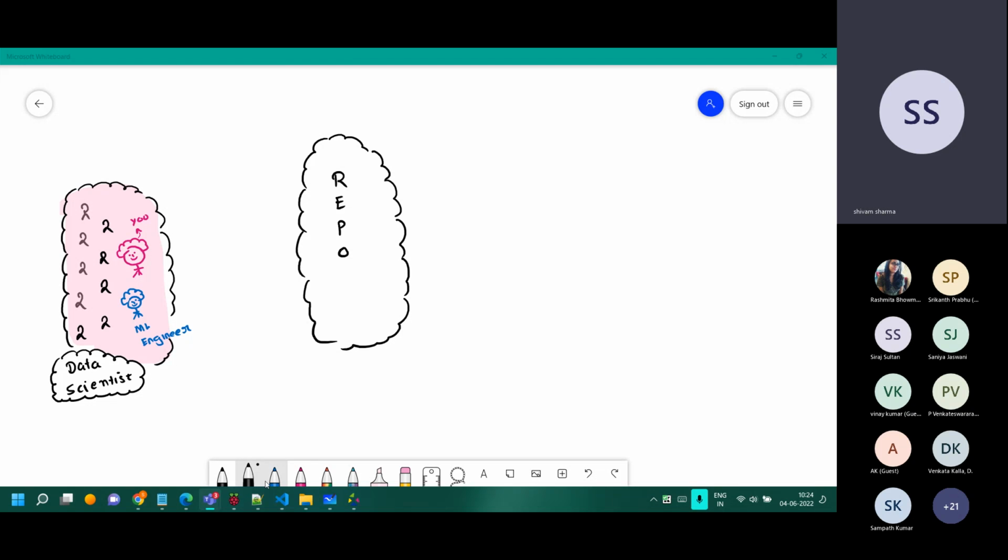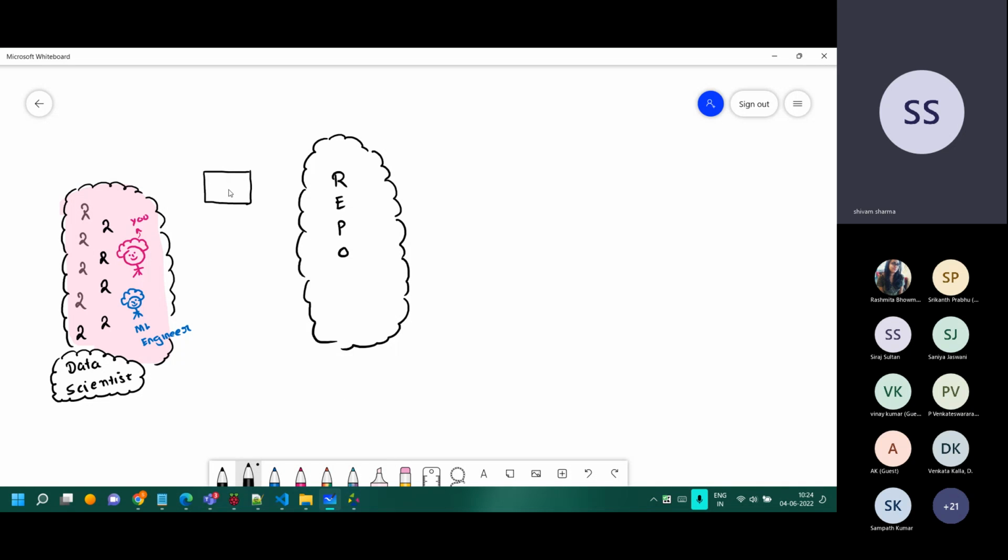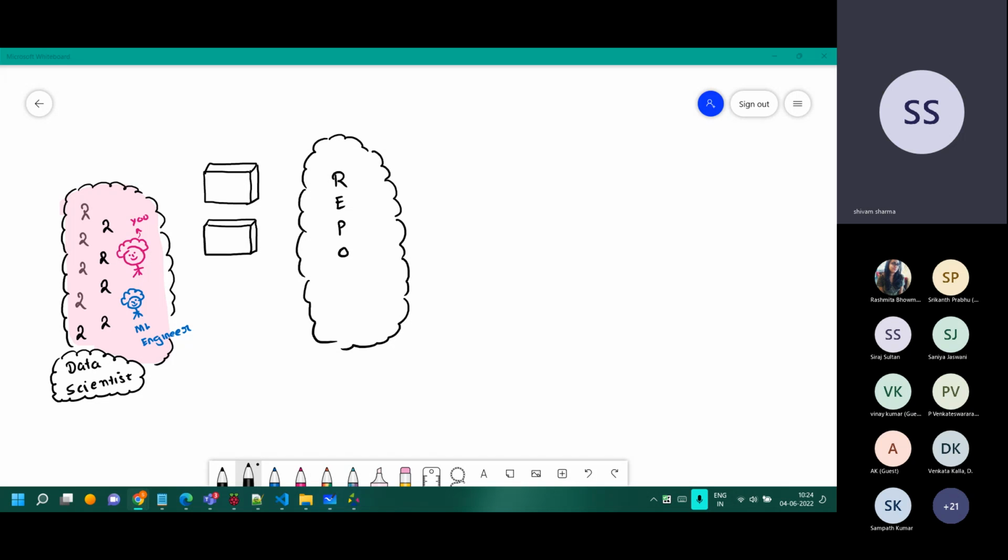So if we practically start thinking through the problem statement, we will try to understand and solve it at the same point in time. It's going to take some time before I can put everything on the screen, so hang in with me. Now, these data scientists, when they will be developing their solution, they need the development environment. It might be their laptop, it might be in the cloud.